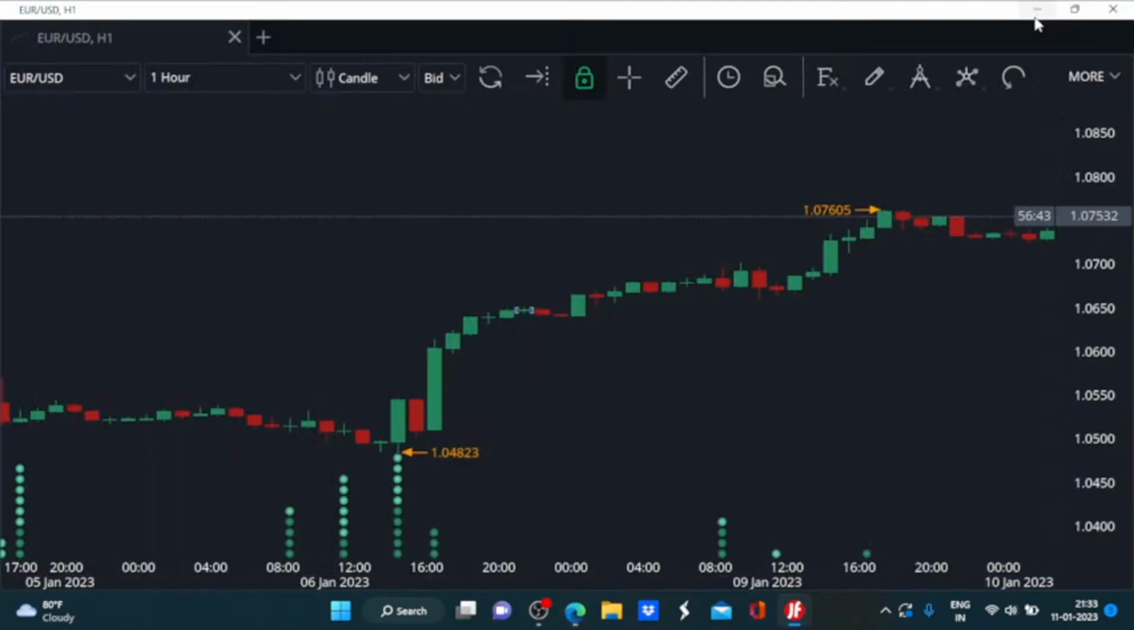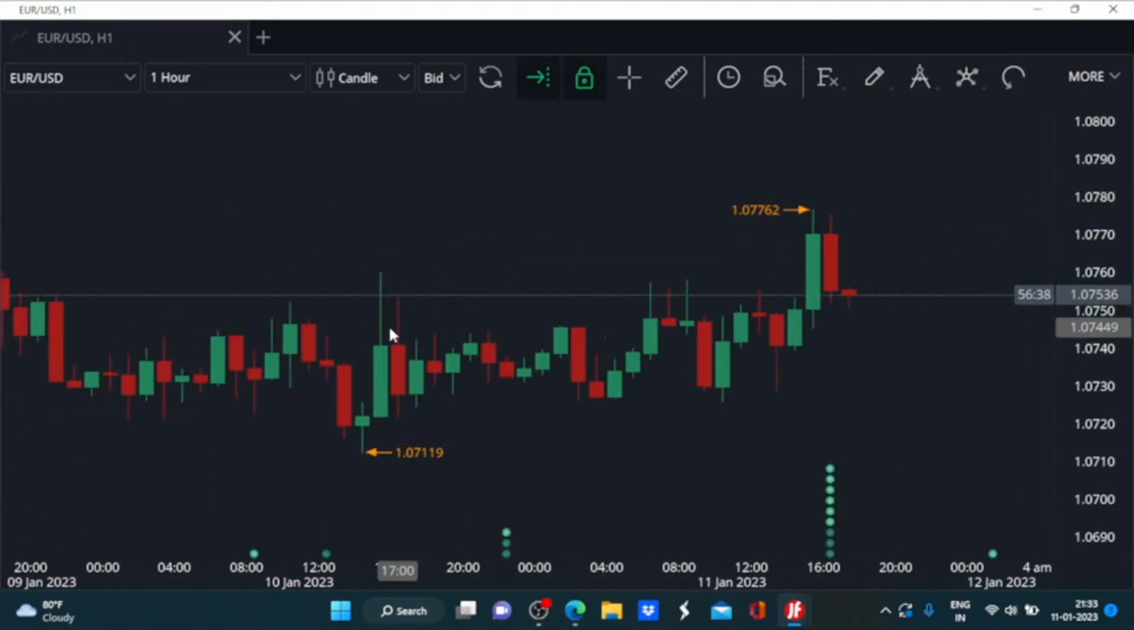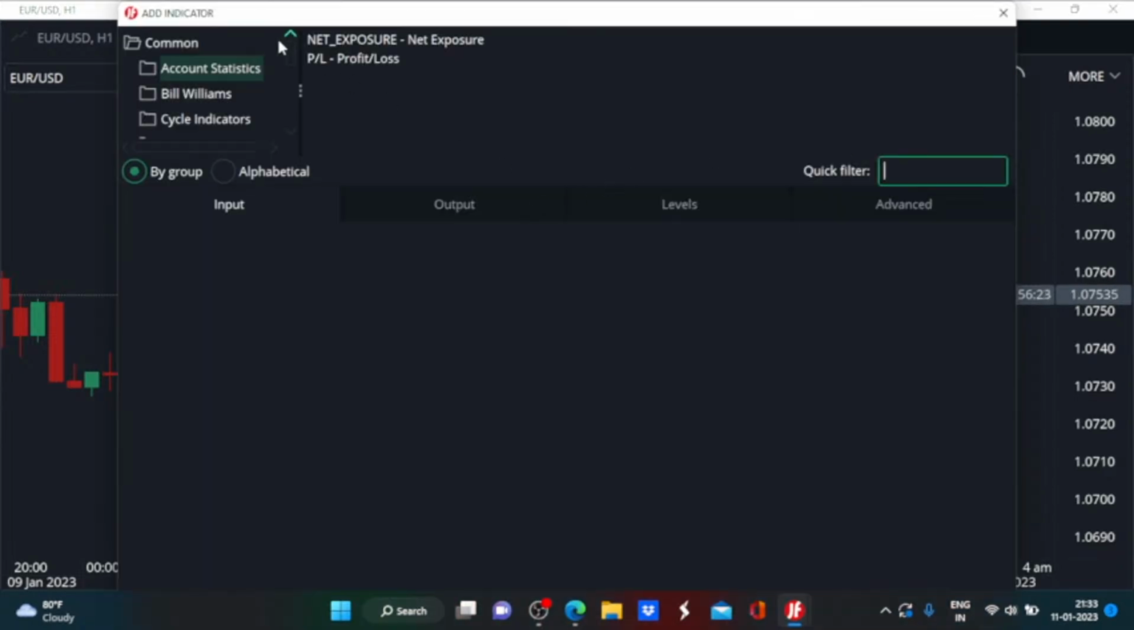So let us now head to JForex, the newly released trading platform from Dukascopy Bank SA. This is the EUR/USD chart on the hourly candlestick time frame. Here, if you want to know where this pattern is, go to the add indicator option. There you will find the list of pattern recognition, and amongst the pattern recognition you will have this